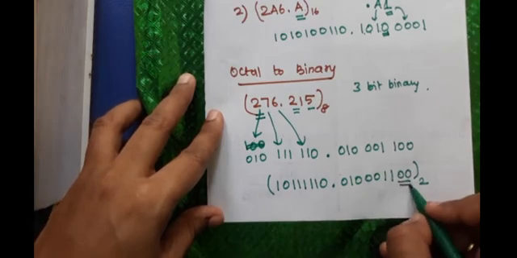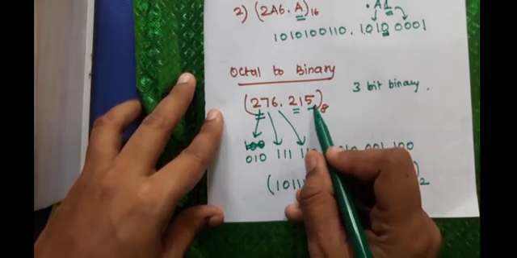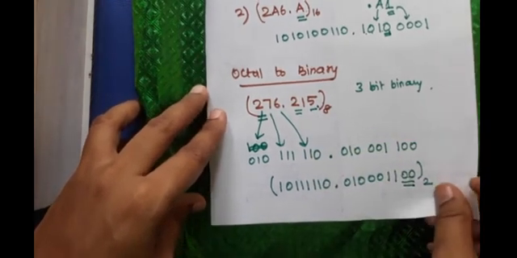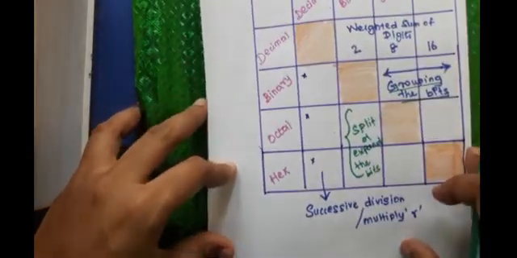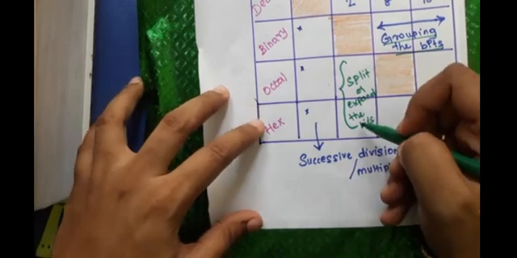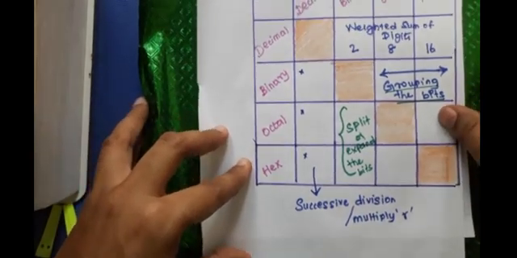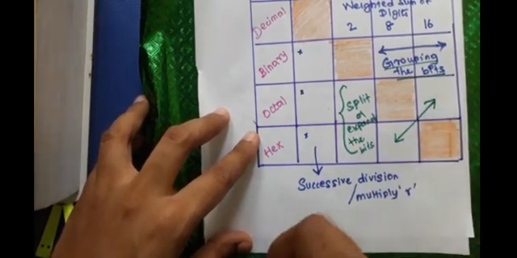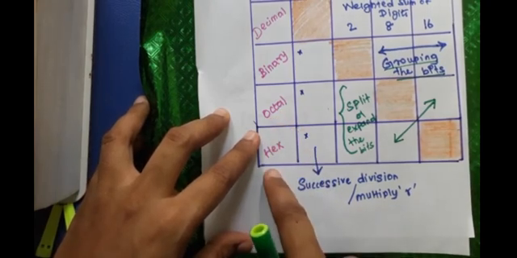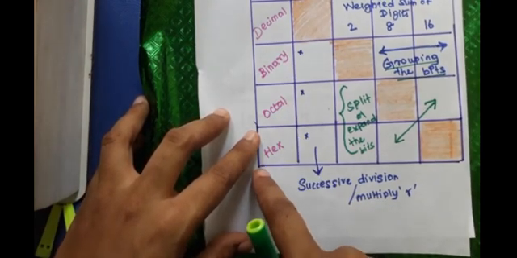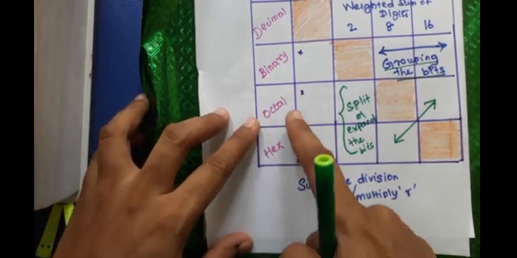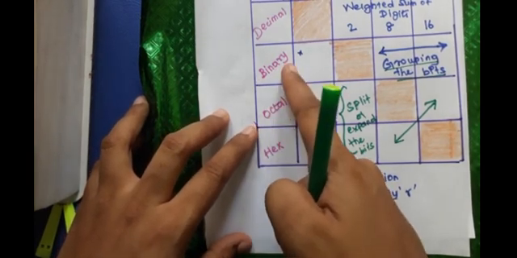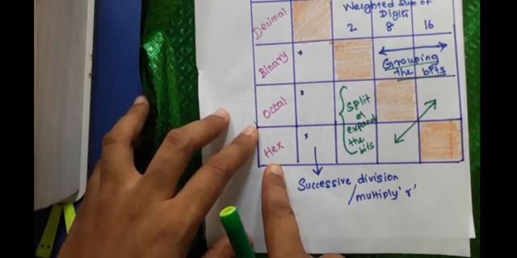This 0 need not be mentioned if it stops here. If there is any other number here, I cannot discard these two zeros. Yes. So this way we have converted any number system, that is octal or hexadecimal, into binary form. Fine. Now, in order to convert from octal to hexadecimal or hexadecimal to octal, we can take the help of binary. Say for example, I want to convert from octal to hexadecimal, I can convert the octal number into binary, then that binary can again be grouped into 4s to get hexadecimal.